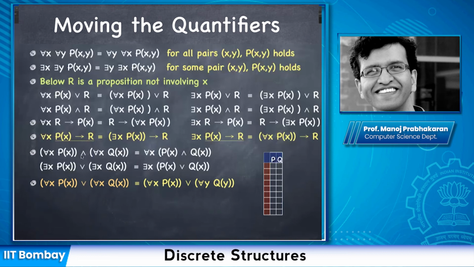I can no longer use just associativity and commutativity of the AND operator. It's not ANDs all over the place; there is an or in the middle. So this is more tricky to manipulate. If you blindly took the for all outside and wrote it as for all x, Px or Qx,